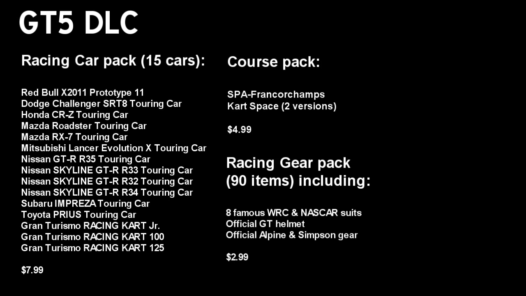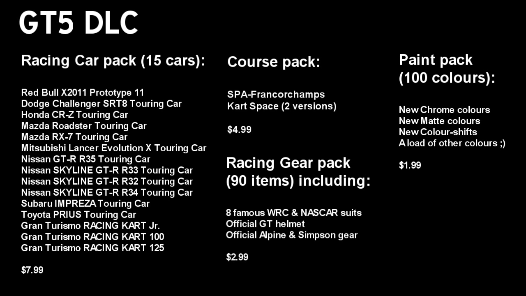So that's jackets and helmets, and that includes 8 famous WRC and NASCAR suits, and the official GT helmet. I don't know if that's, you know, official GT whatever it is, whatever, and official Alpine and Simpson gear, which are, I guess, you know, racing brands, and that pack is $2.99. The paint pack comes with 100 paints and colours,